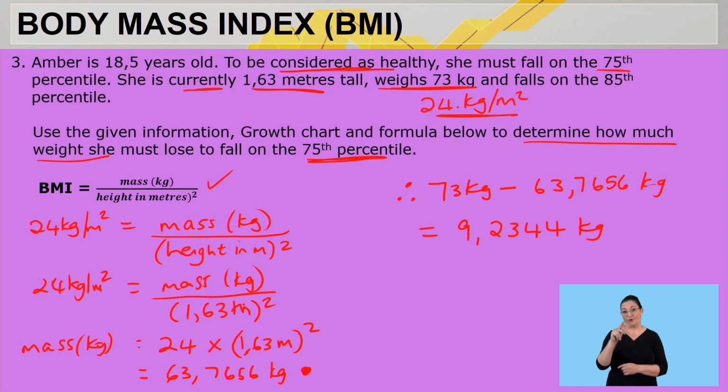I started with my formula. I substituted. In this case, I knew the BMI is 24 kilograms per square meter. I also established that I'm looking for my mass in kilograms. Therefore, I've made it the subject of my formula. Can you see? I've changed the formula. I substituted again. I ended up with 63.7656 kilograms. Since I had to determine how much weight she must lose, I took her current weight, the 73 kilograms, and I subtracted where she's supposed to be, the 63.7656. And then I established that she must lose